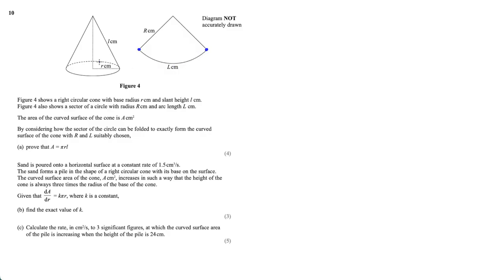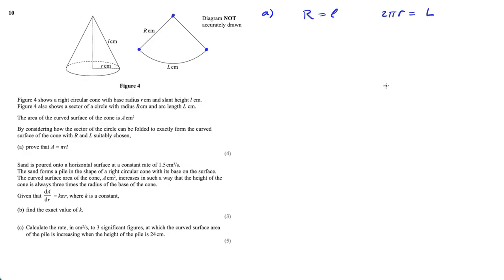The L becomes the circular base of the cone, and this is the pointy bit of the cone. So because of this, your big R here, this big radius of the sector, is equal to the slant length of the cone. And the circumference of this circle, 2 pi r, is equal to the length, the